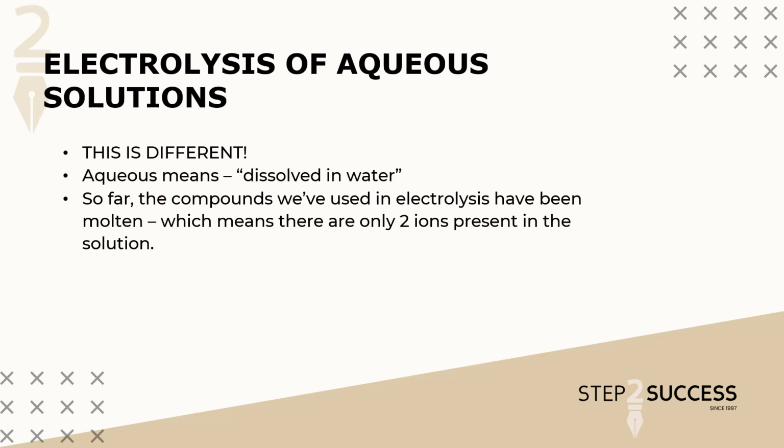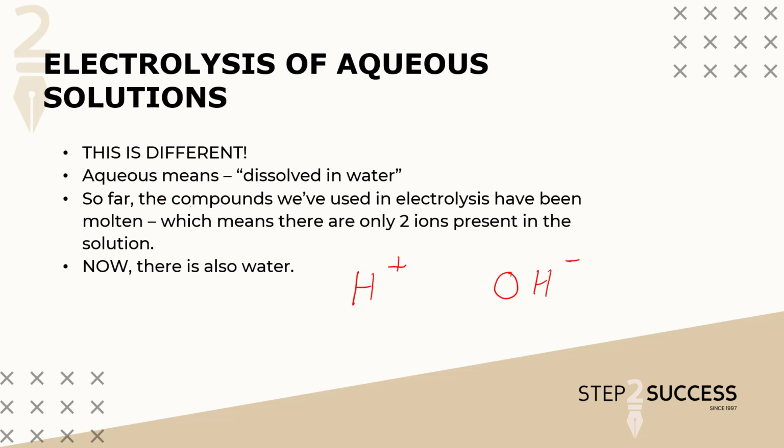Which meant there were only 2 ions present in the solution. In the aluminium oxide ones, there was Al3+ and O2-. In the lead bromide ones, there were lead ions and there were bromide ions. They were the only 2 ions. So it made it quite simple as to what was going to happen. This time, because the compound is dissolved in water, we also have water, which means that we also have H+ and OH- ions to contend with. They are also inside the solution, and we have to